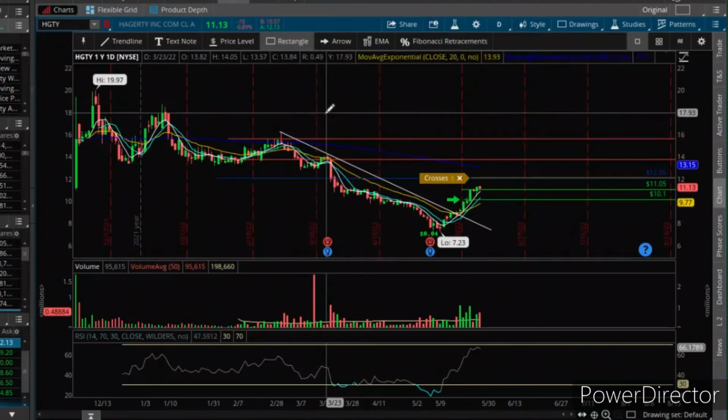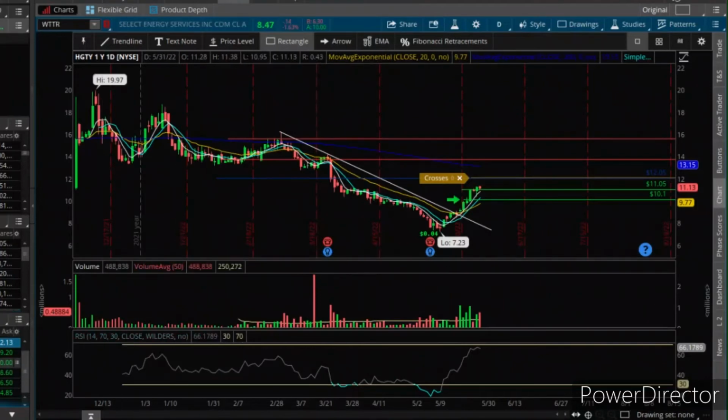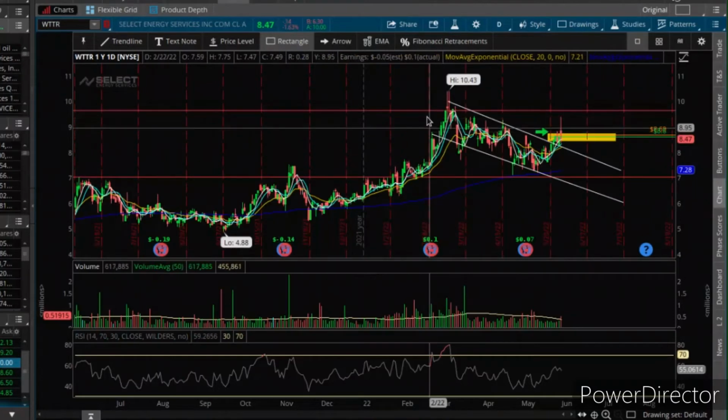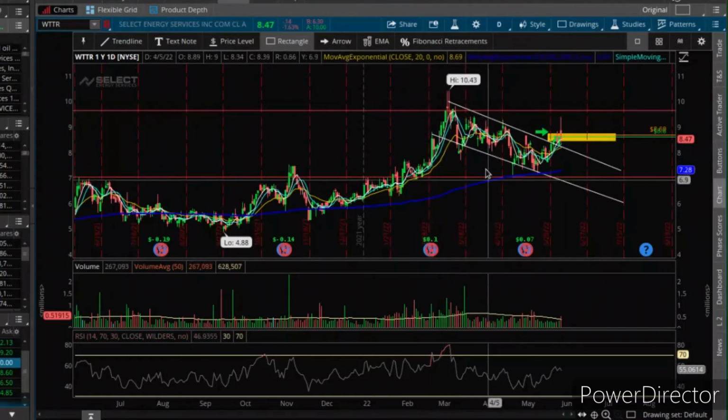So we'll see how that goes. The other play I'm in is WTTR. This actually went up to 937 today. I should have taken some profit. I did take a few shares, but I should have taken more because it came all the way back down